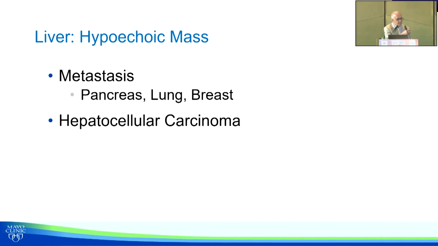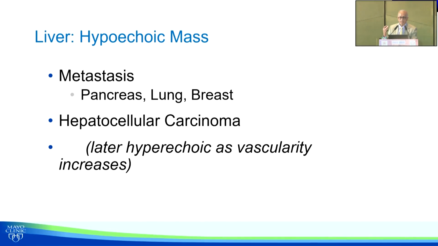Whose turn is it next? Narendra? Hypo or hyper? Hypo. Very good. Can you make that better? Can you use the microphone? The larger tumors are hyper, smaller tumors tend to be hypo. Why? Because of the blood flow. Correct. So hepatocellular cancer is hypoechoic when it is small, because it is not that vascularized, but as it gets larger, it becomes hyperechoic. And then lymphomas tend to be hypoechoic.